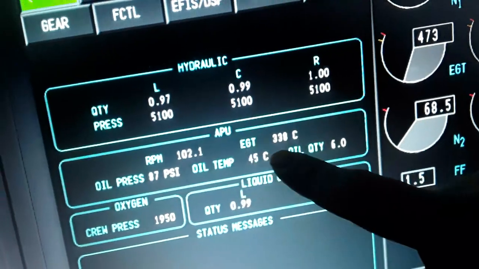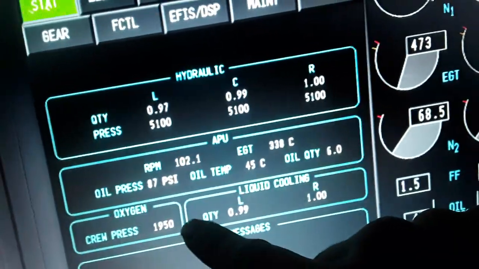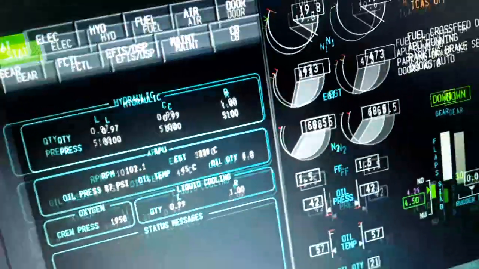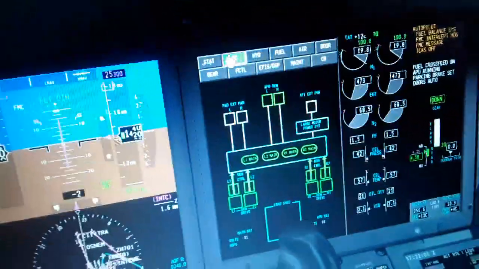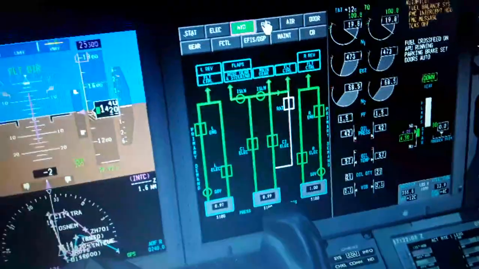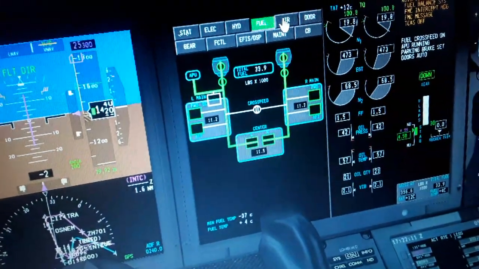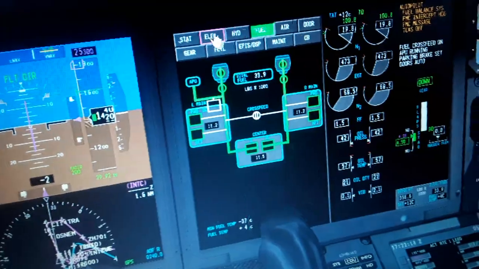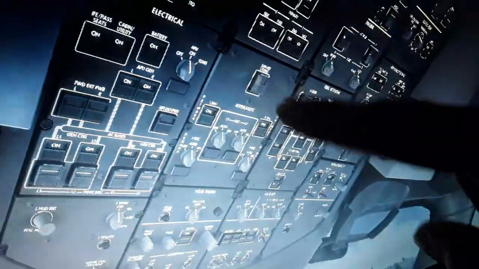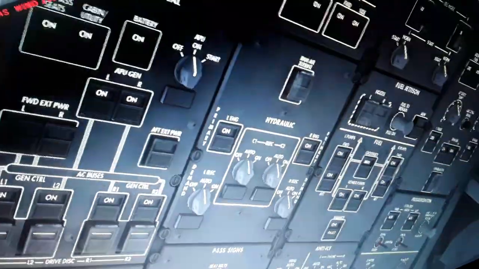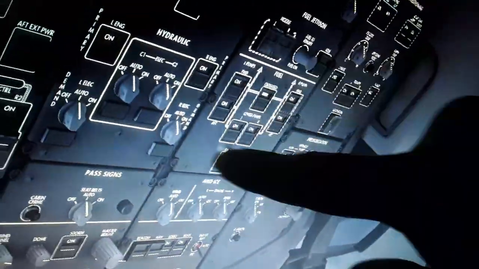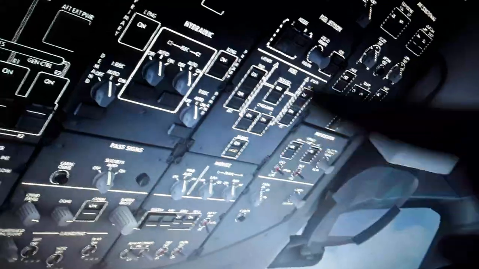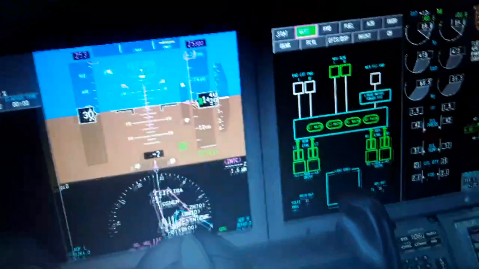The APU is running 100.8%, the temperature, oil pressure, temperature, oxygen, liquid cooling. So we have the electrical here. You can see the electric, hydraulics, fuel here. So you can see the fuel, electrics, hydraulics, the same diagrams you see over here. Electric, hydraulics, the outflow, the outlay. So fuel system, pressurization. All these things, you will see them now here in this display from the overhead